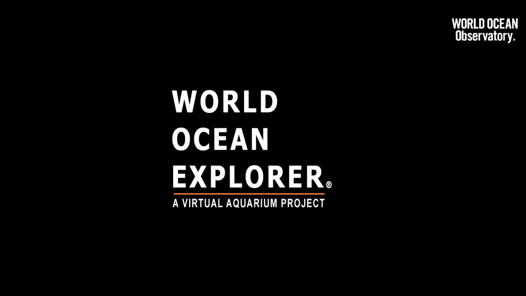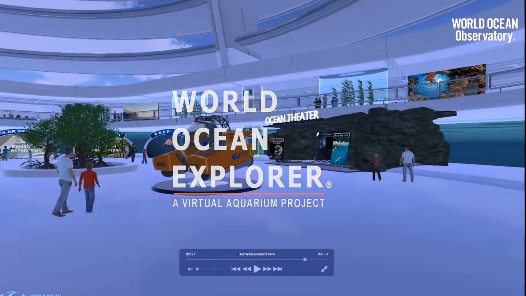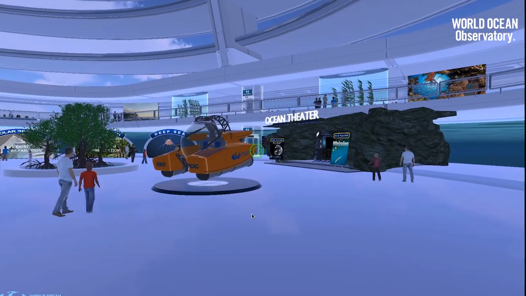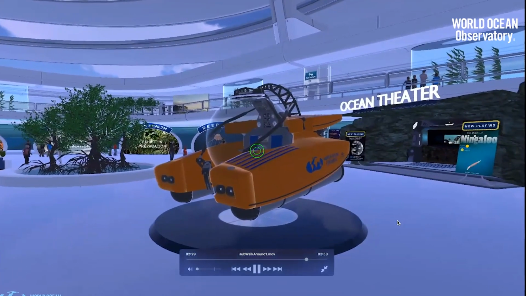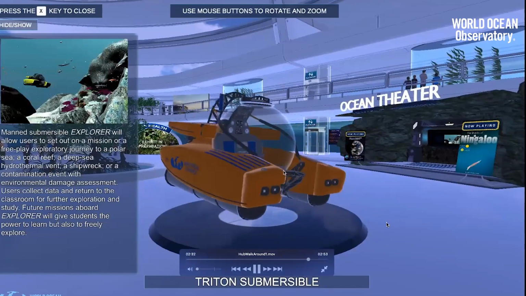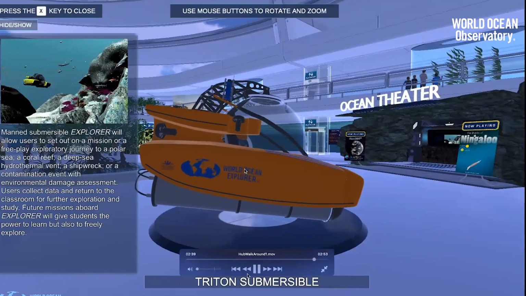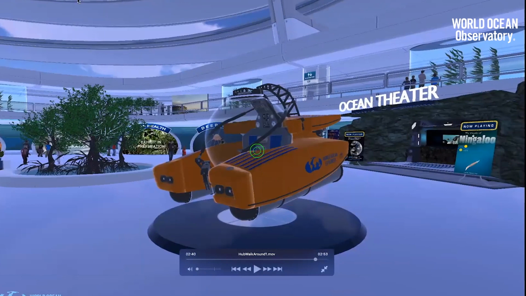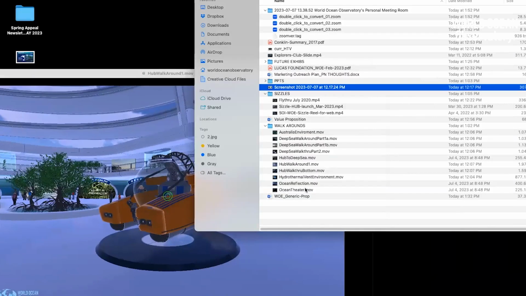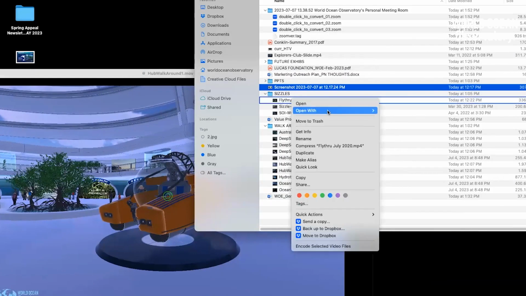So speaking of the ROV, I think we should take just a quick moment to talk about our ROV. We have our own submersible. Here we have, and you can just start playing again. And so this is our submersible. Again, this is an interactive display here, but the Triton submersible. And we envision mission-based experiential learning where a student would get into the submersible, dive into a variety of different